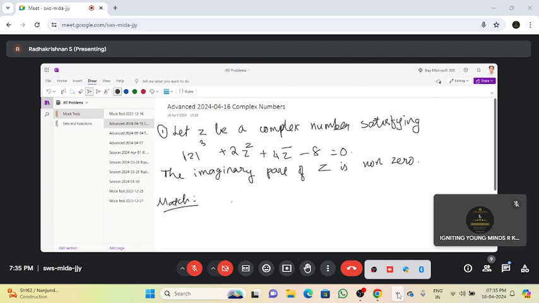Sorry. Mod z whole square. Mod z minus z conjugate whole square. Z square plus mod z square plus z conjugate square. Z plus 1 square. So we have to find these four. Okay, and the options are 12